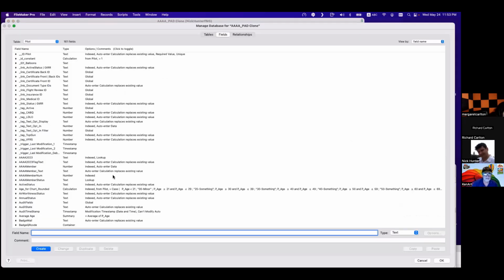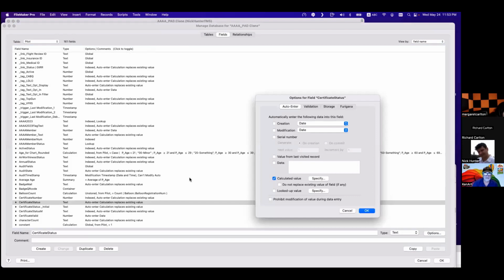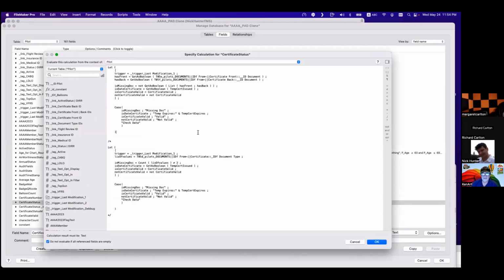Okay. So let's go back to the certificate status. So is missing doc for me is when this one returns 0 and this one returns 0. In that case, yes, we're missing the whole thing. It's a missing doc.